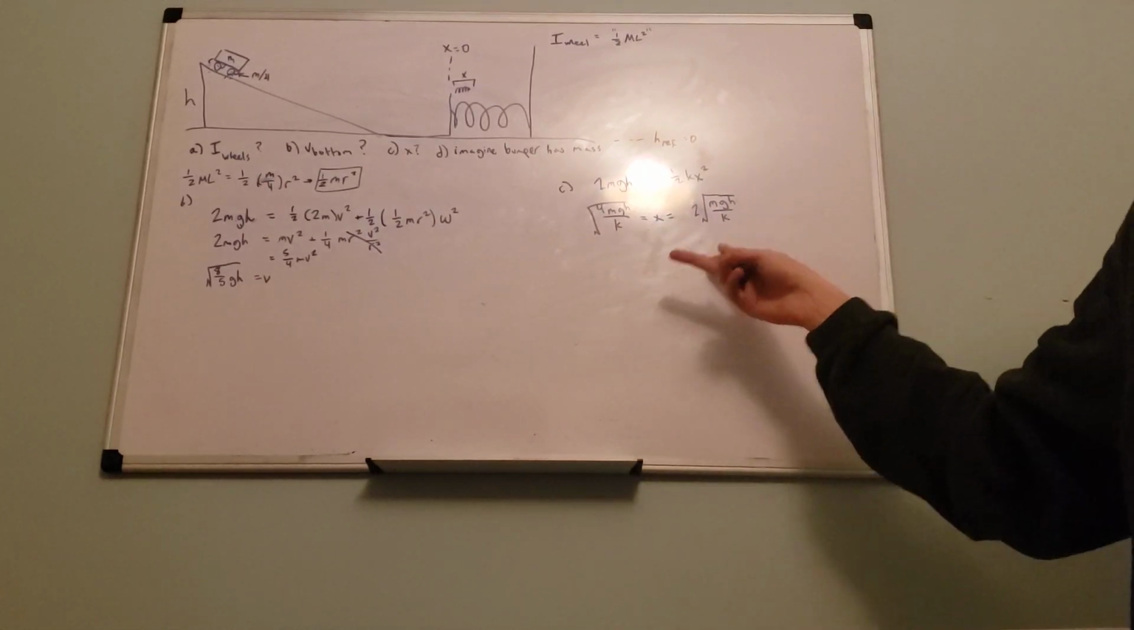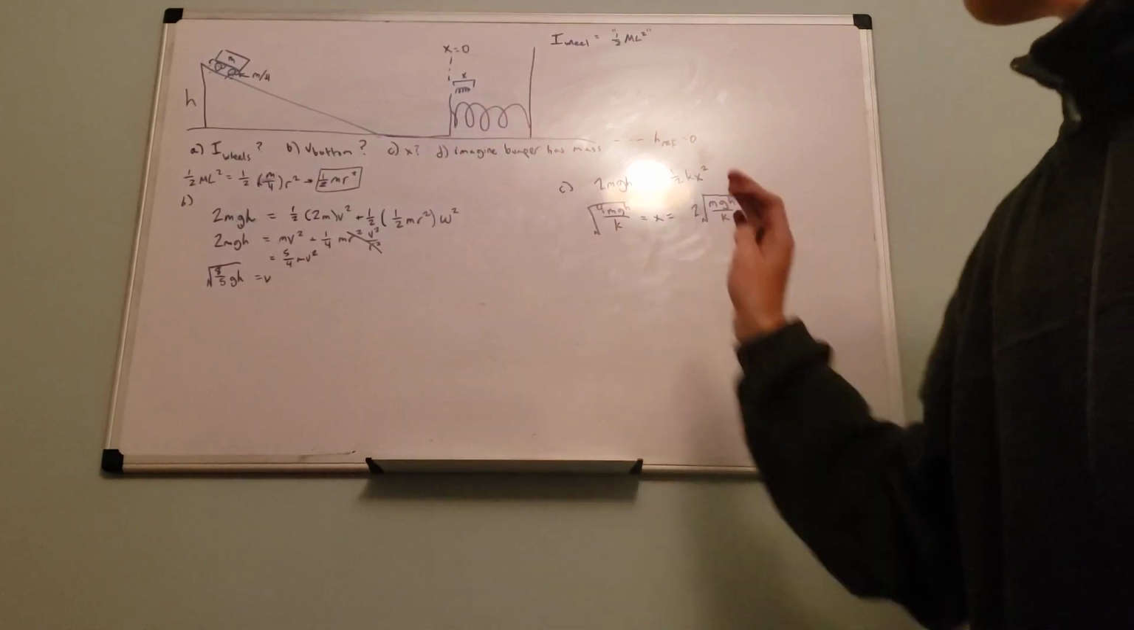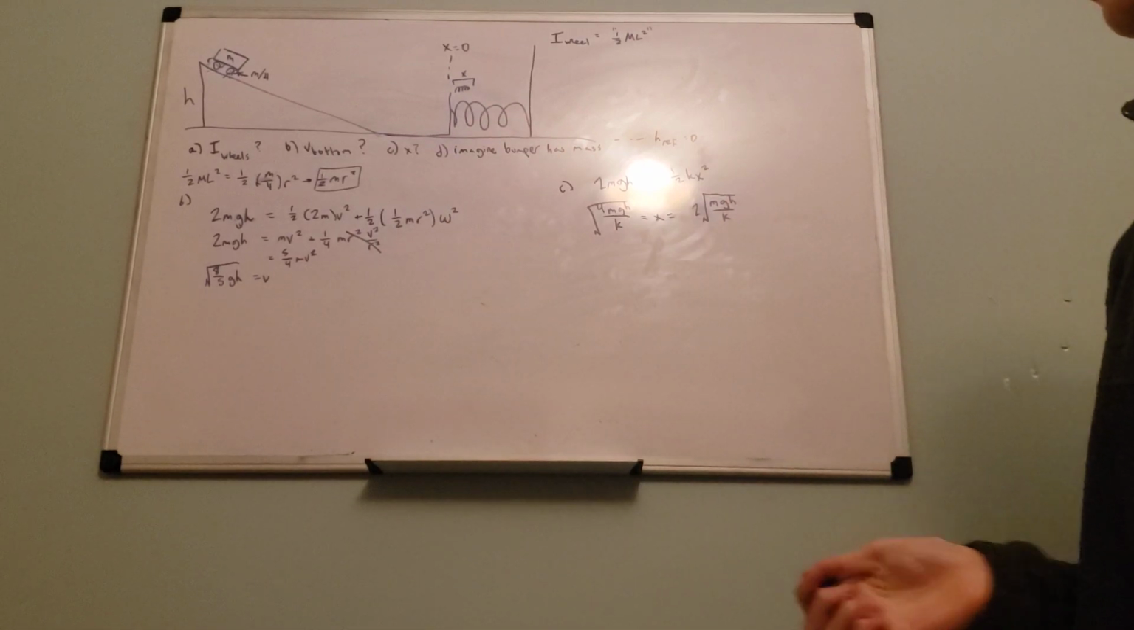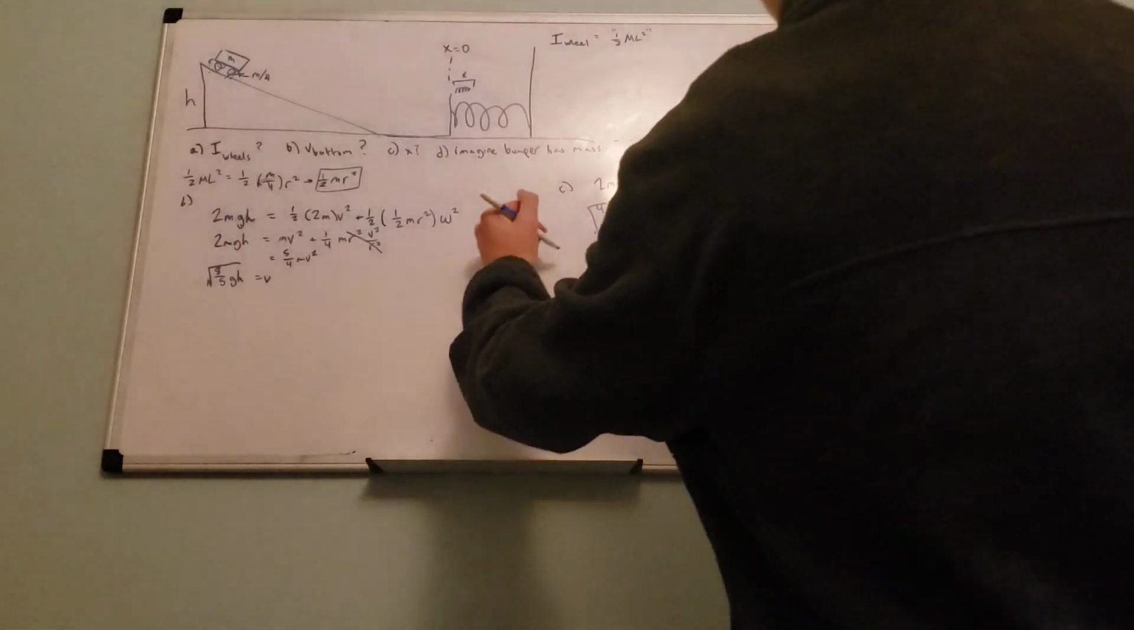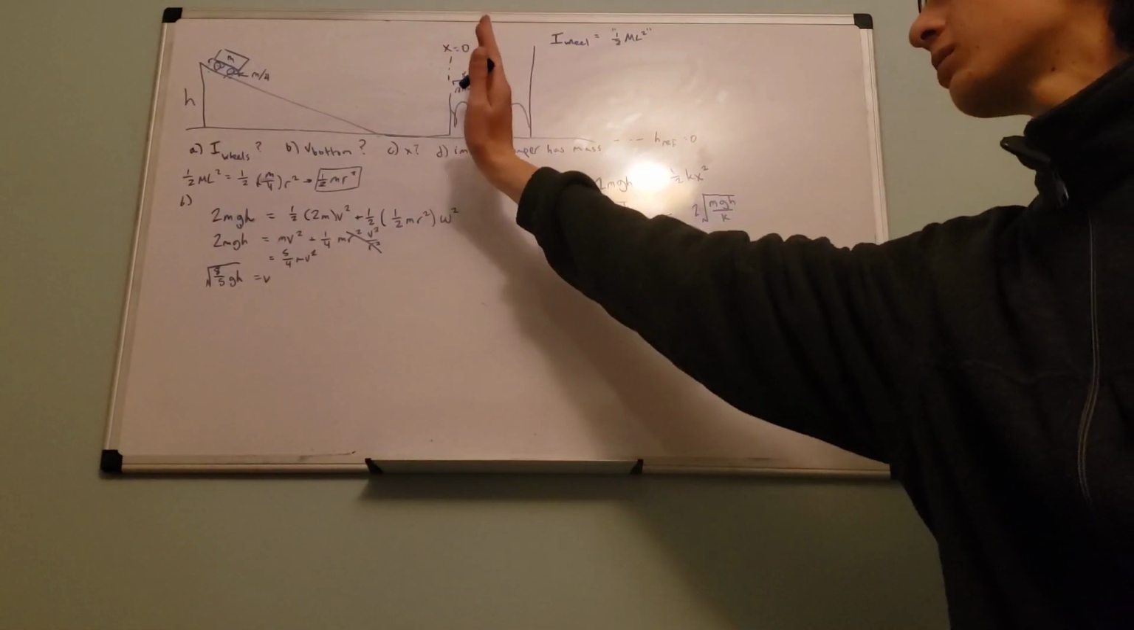And yeah, there we go. It's 2 root mgh over k. Again, just algebra and energy equations for both of these things. Okay, so the last part, D, is you have a setup where the bumper, basically the board